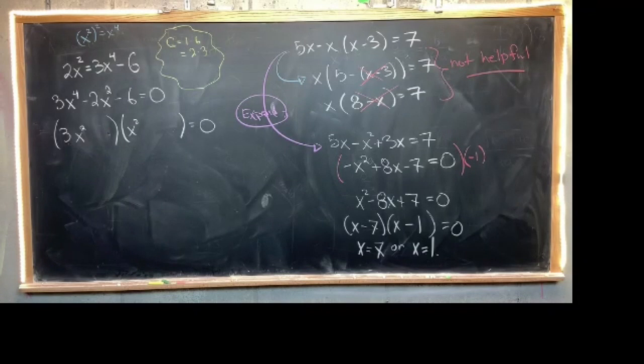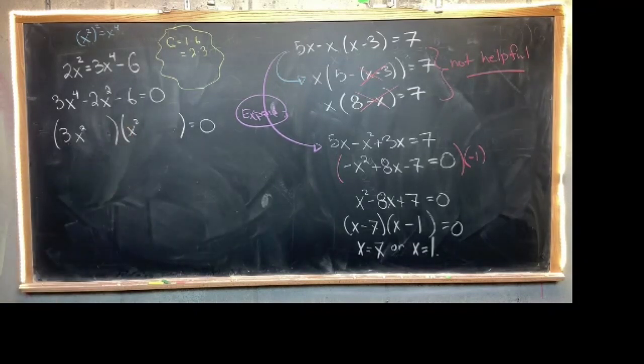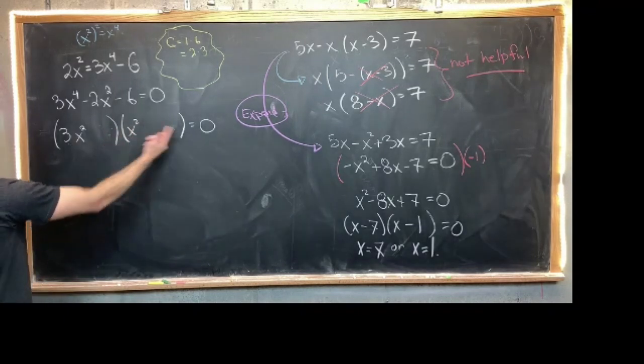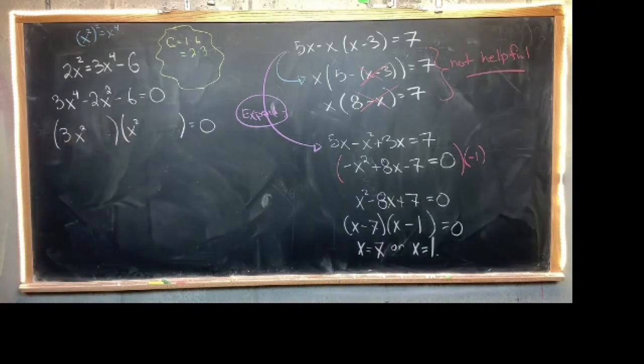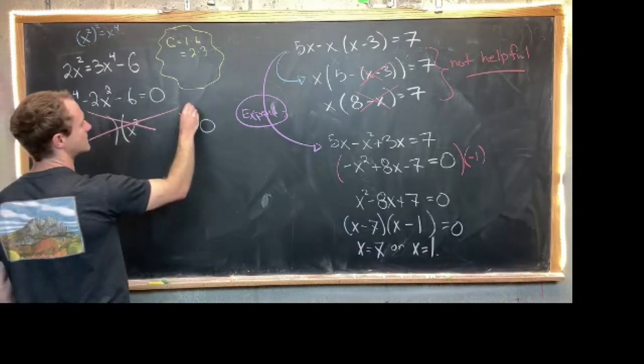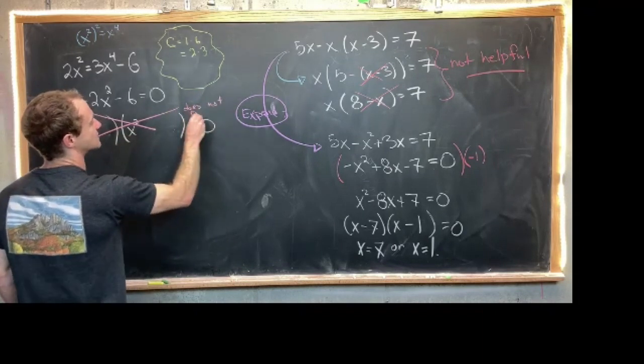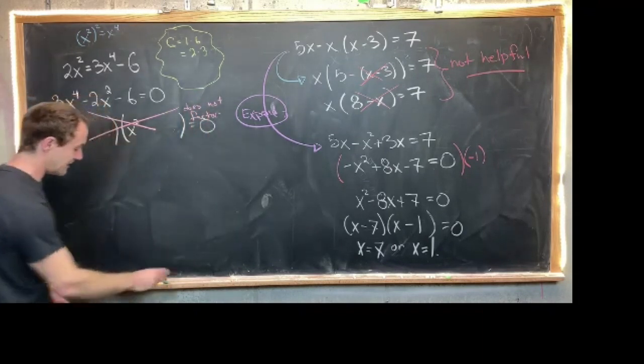What if we put a 3 here and a 2 here? That's going to be 9, so that's not going to work either. After testing all of those really quickly, this does not factor,